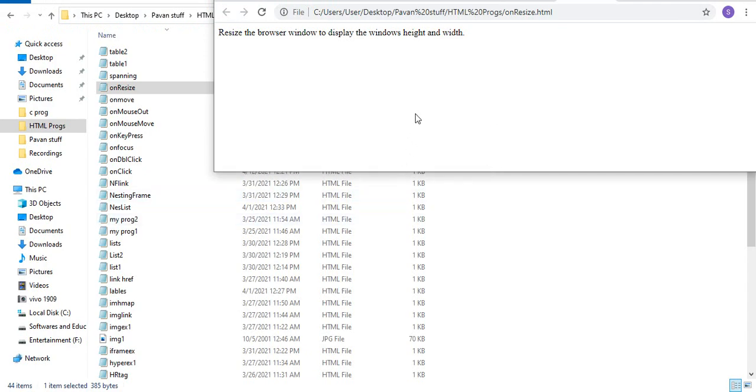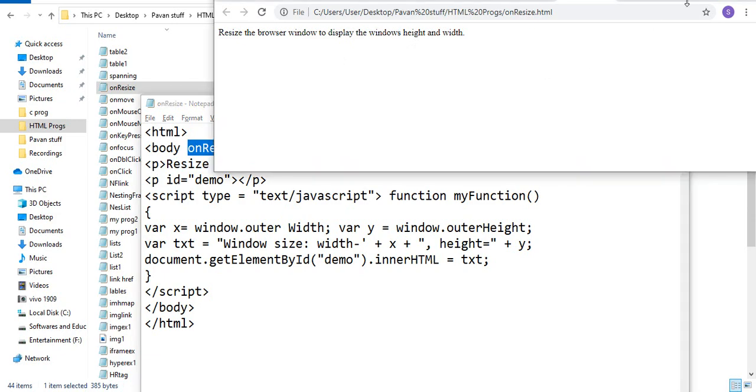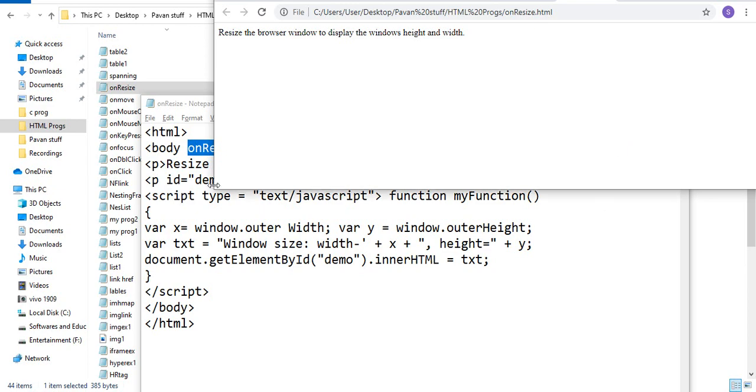This is not working, something went wrong. That alert box is not coming. Resize the browser window to display the window height and the width. This is resize only, no?